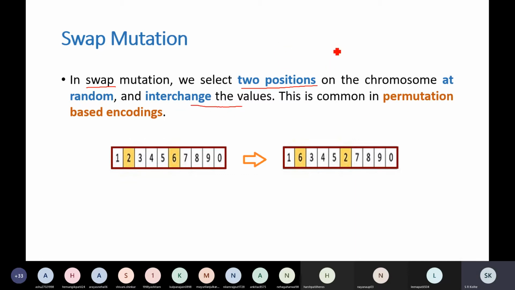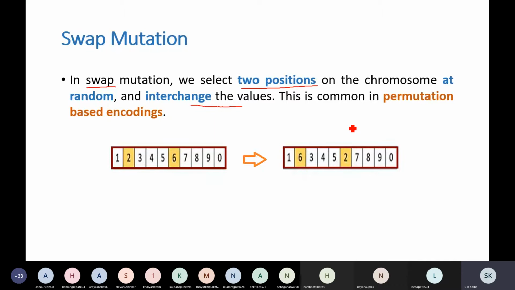Therefore, the name is swap. As you can make out, since you are interchanging the values, if your representation is permutation based representation, you will find that swap mutation can be used.